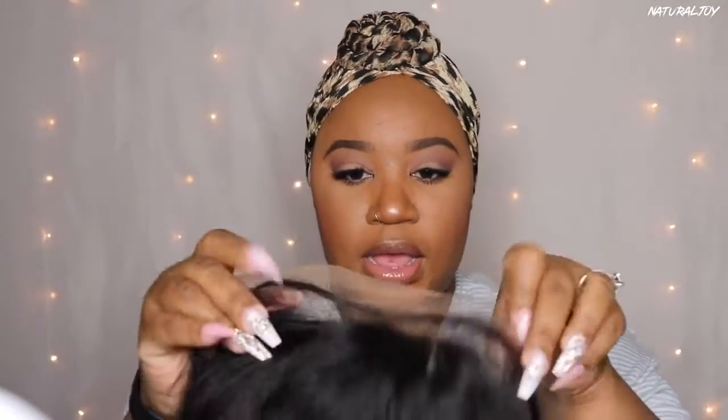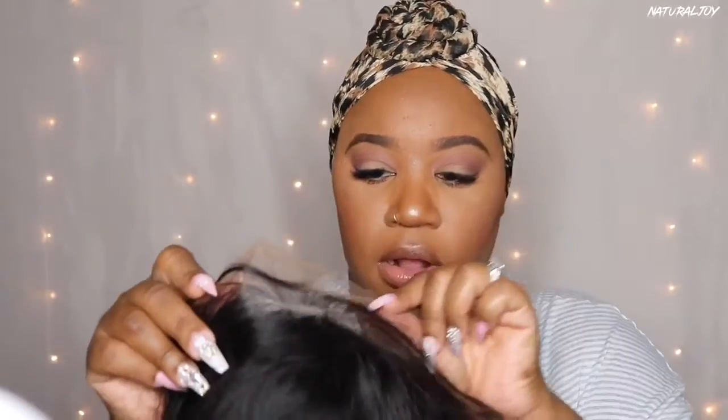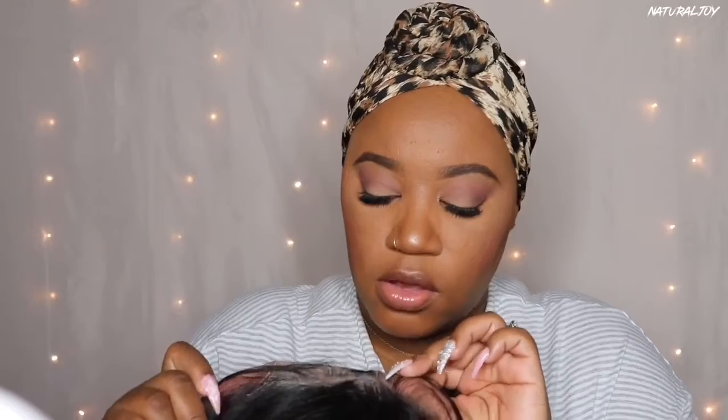The knots are dark, they're a little bit dark. They did go ahead and pluck out the front of that hairline. It looks really good so far without me having to put it on. As far as the bleaching goes, they look lightly bleached, but you will probably have to go back over it if you want the bleached look,